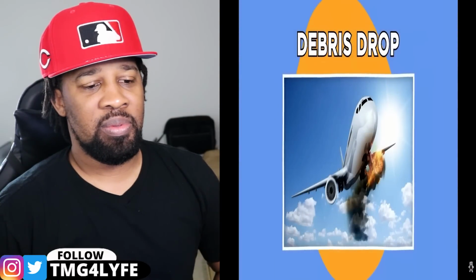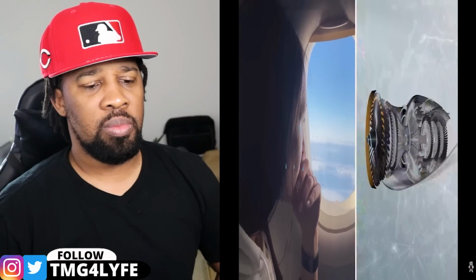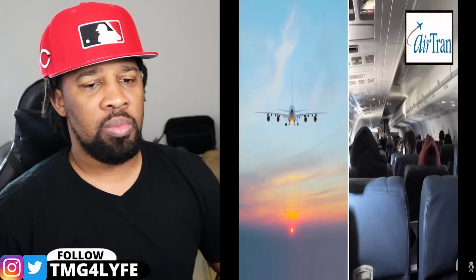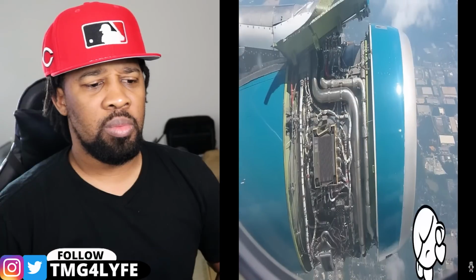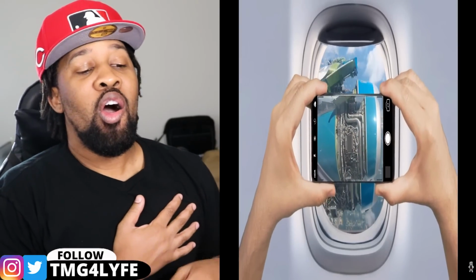Debris drop. When you stop to think about it, airplanes really are unbelievably amazing pieces of machinery. However, some flight passengers have gotten a much closer insight into the inner workings of aircraft than they were supposed to see. Shortly after takeoff, passengers on board an AirTran flight from Atlanta to Orlando on the 13th of July 2004 got a literal look at the inside of one of the jet engines. This photo was taken from a window seat on board, and as scary as it may look to the average flight passenger,